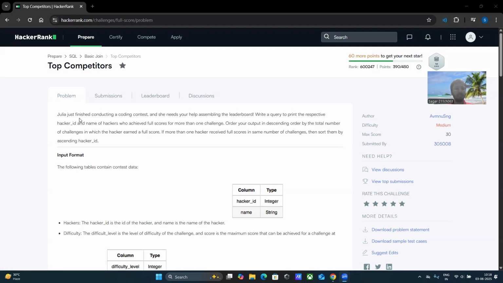सो इस प्रॉब्लम में ये है कि हमें हैकर आईडी और नेम ऑफ हैकर्स बताने हैं जिसने भी फुल स्कोर अचीव किया इन मोर देन वन चैलेंज, नॉट वन चैलेंज, इन मोर देन वन चैलेंज। सो जो हमारा आउटपुट आएगा हैकर आईडी और हैकर नेम का, उसको हमको अरेंज करने हैं डिसेंडिंग ऑर्डर में बाय टोटल नंबर ऑफ चैलेंजेस इन विच द हैकर अर्न अ फुल स्कोर।